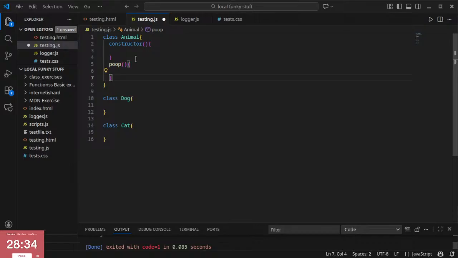The murder robot dog can kill, drive, and bark, but it doesn't have a digestive system, so it cannot poop. And now we are screwed. We simply can't fit the murder robot dog nicely into this inheritance hierarchy. I mean, I guess that we could create a new parent object where you put all the functionality that is